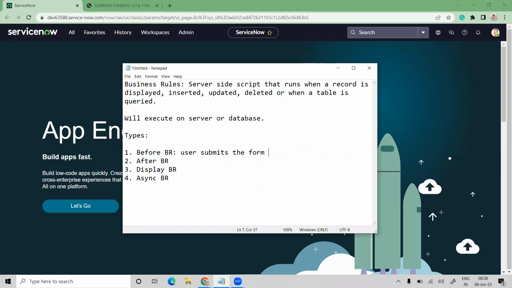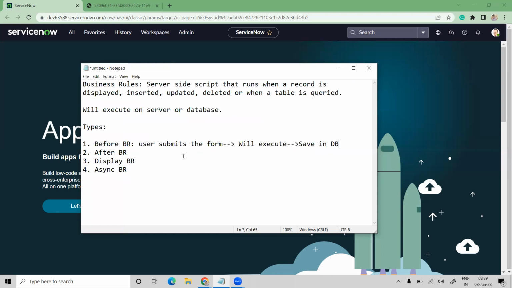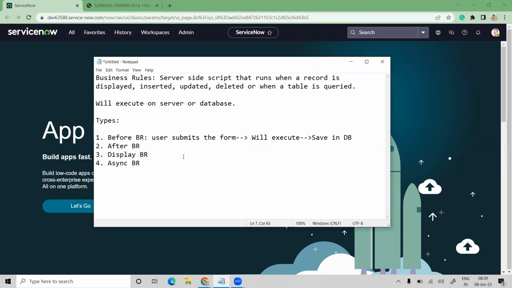Before business rule will get executed and then will save in database. I'll repeat again. Code written in before business rule will get executed when user submits the form